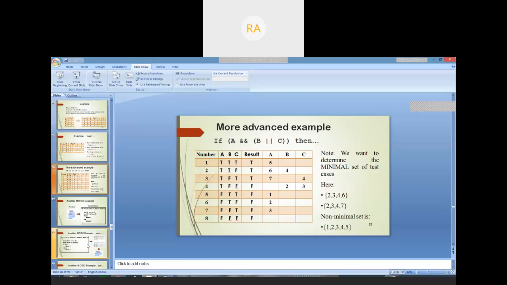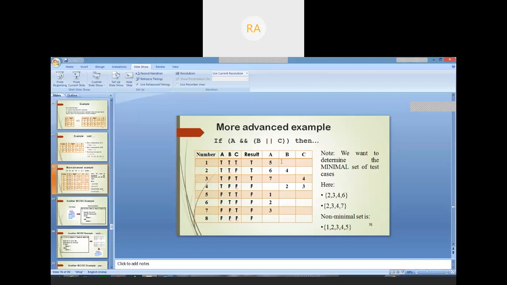Let me just give you the background for this particular problem. First and foremost, whenever you are going for the MCDC technique, first you have to frame the truth table. After that, you enhance the truth table by writing the test cases like this. How you can show the independence of A, that is, how A is going to impact the final outcome independently by keeping B and C constant.